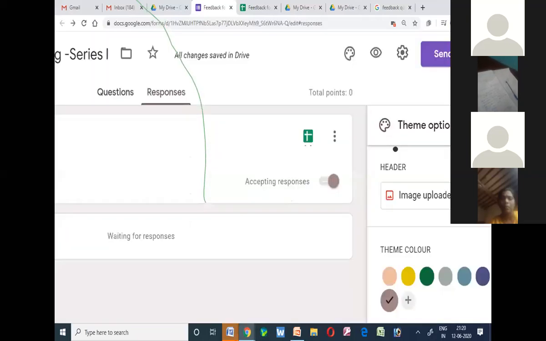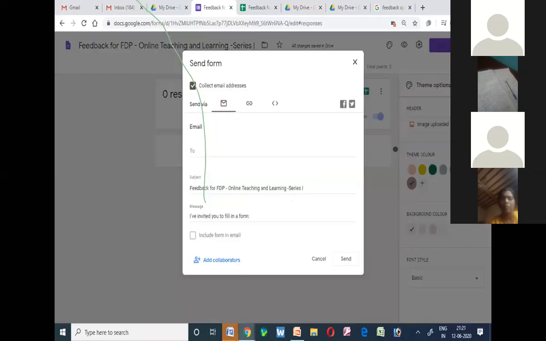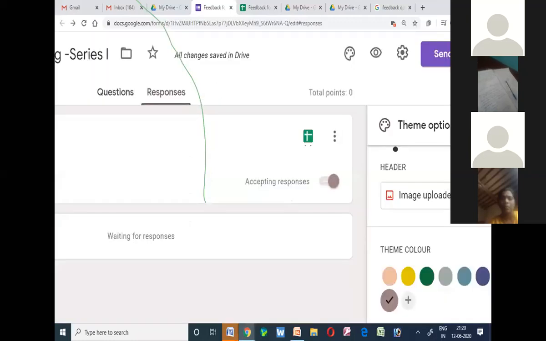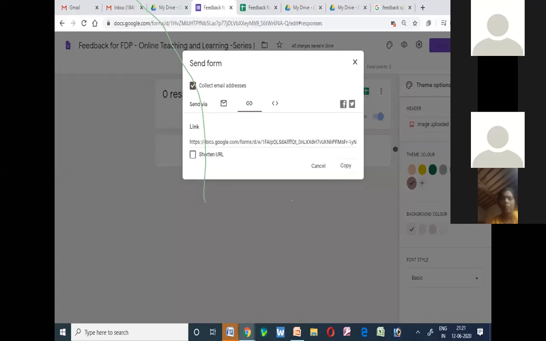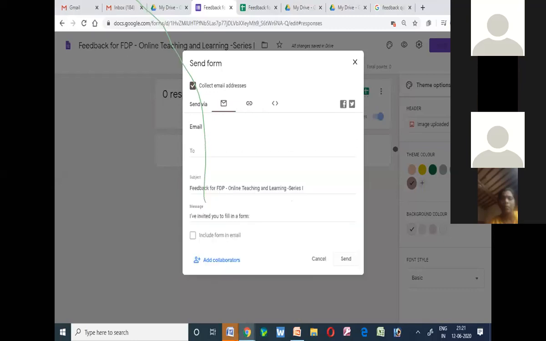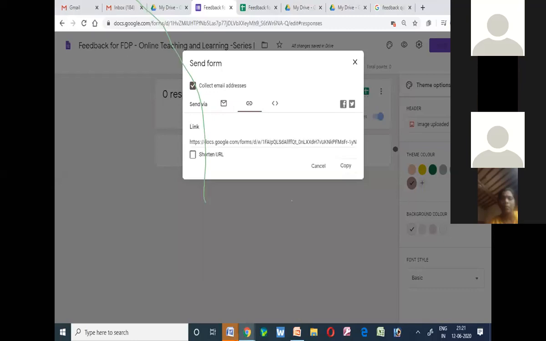And now we are just going to publish it. So the publishing is very important. For this, what you have to do is select the publish icon. There you will be prompted with send via email, or it will prompt you to create a link and you can share this link. So similarly, you just see I have selected the second icon. The second icon is creating a link and you can share the link.